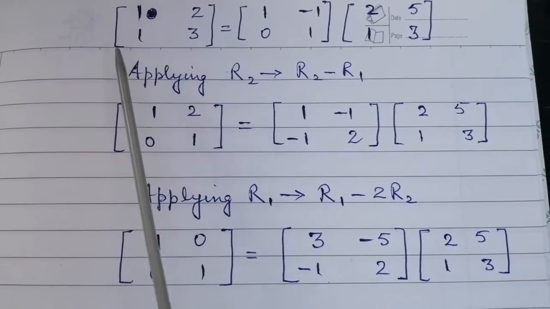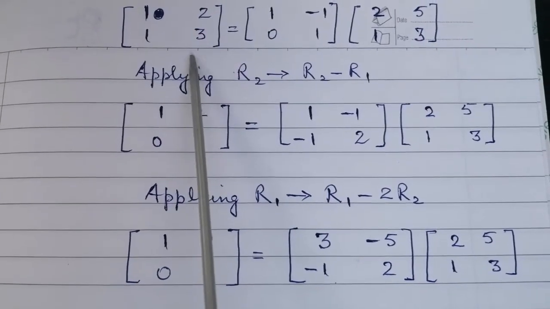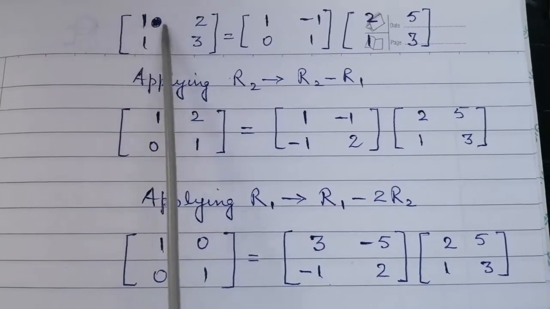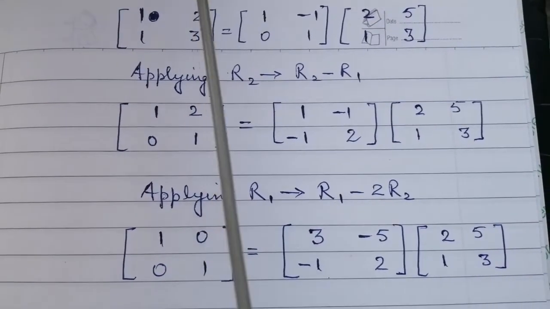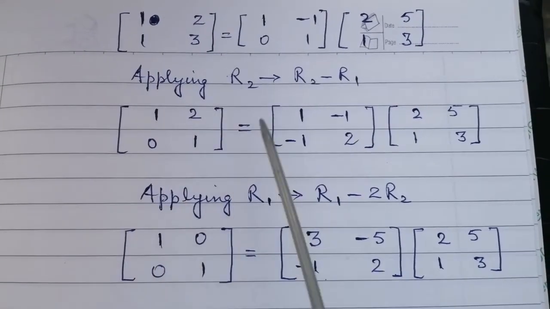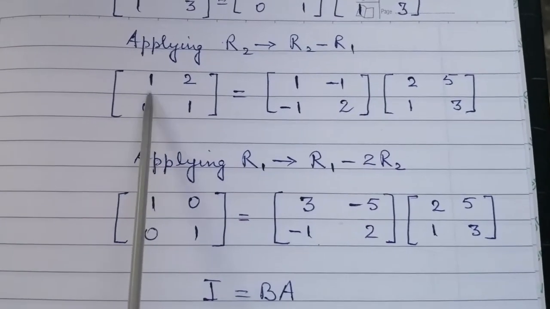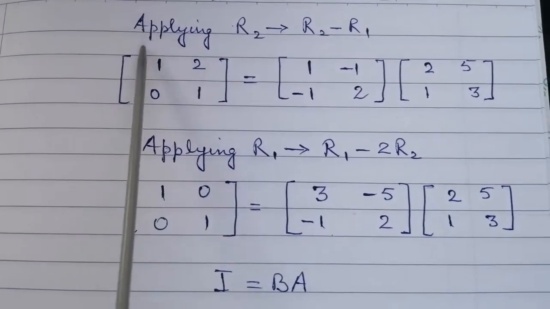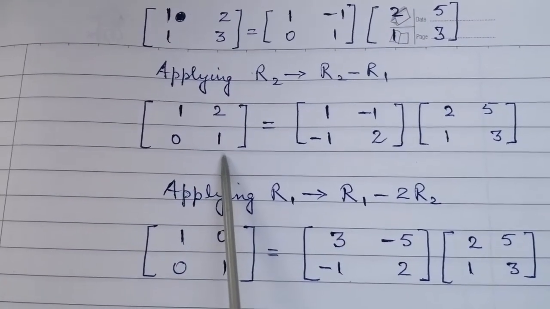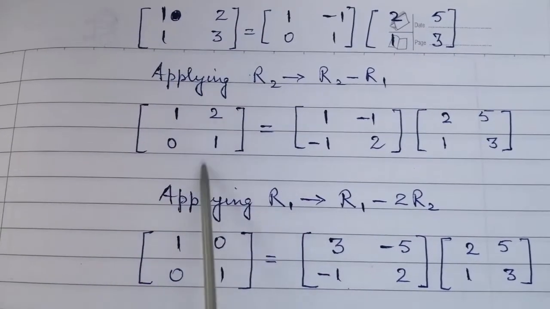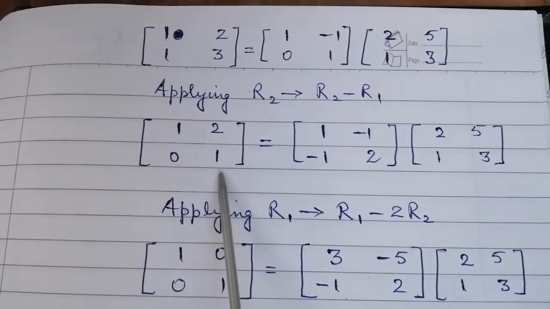Am I clear? See, move stepwise. What other elements are becoming, you don't have to worry about that. First, I told you that first of all we have to make this element 1, then this element 0, then this one 1, and finally this one 0. So we need to move stepwise. So I am applying on the second row R2 minus R1. So first row as it is, 1, 2, and 1 minus 1 will be 0 and 3 minus 2 will be 1. So it's by chance that these two elements have become what we needed. Otherwise, we may have taken another step.